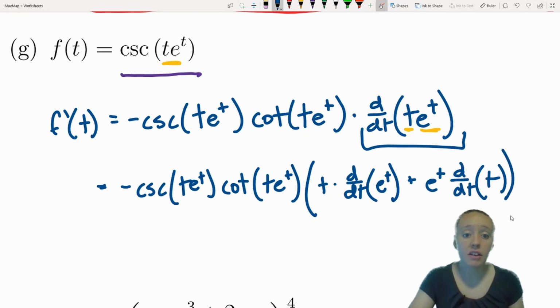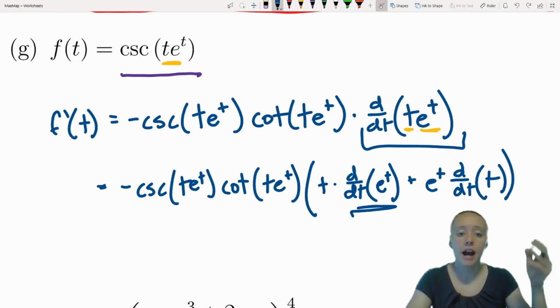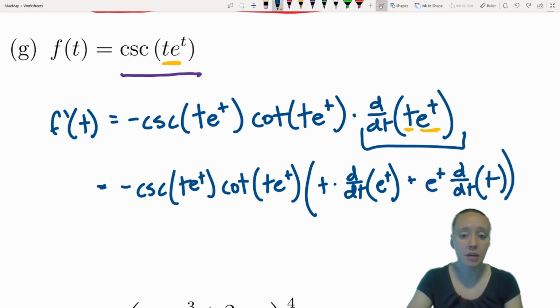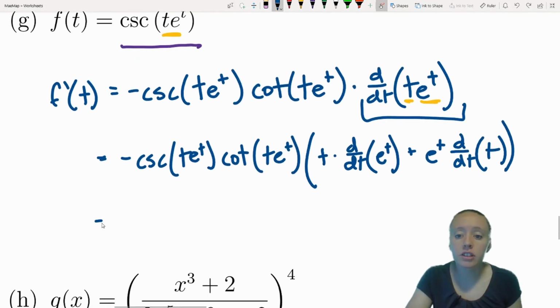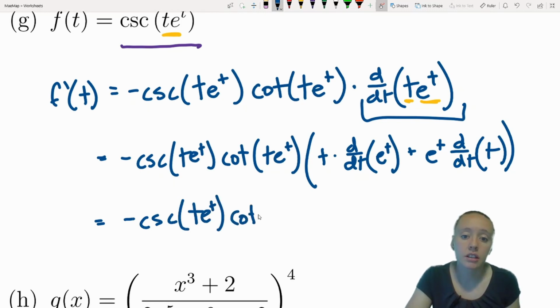So I'm just writing out each of my steps here. I still need to take those derivatives. I just didn't want to do it in my head so that I could keep track. So our final result is going to be negative cosecant of t e to the t times cotangent of t